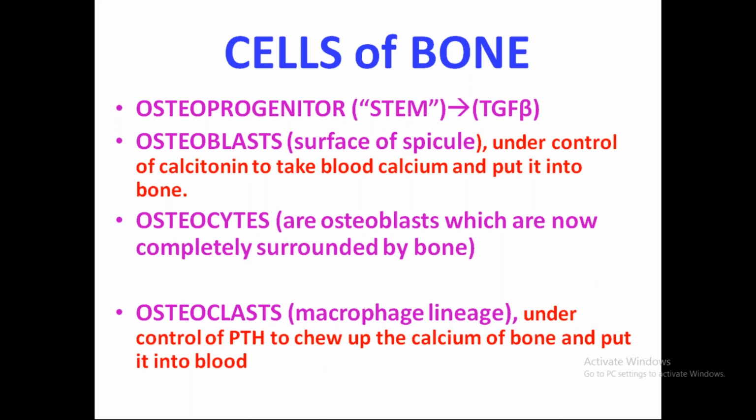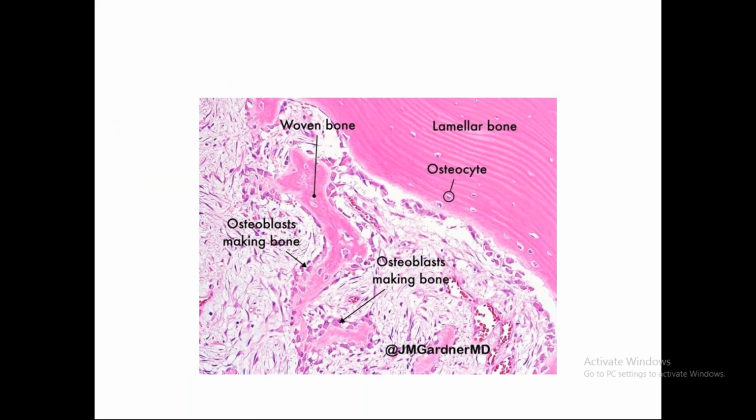Whenever there is hypocalcemia, osteoclasts are increased in number and they try to lyse the bone and release the bone calcium into the serum. You can see here nicely, this is an immature bone which is lined by osteoblasts. They are trying to make up the bone. These are all osteoblasts. The inner surface is the woven bone, which is structureless actually.